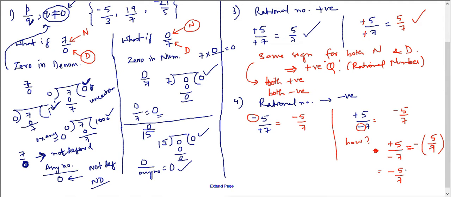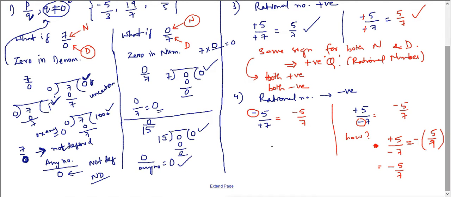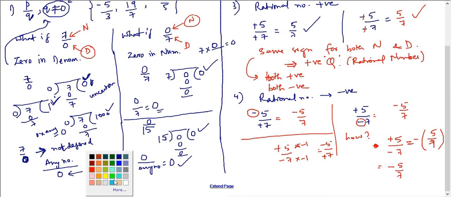So that's actually another rule. In rational numbers, you never keep the negative symbol in the denominator. You throw it on the numerator, because the other one will be positive. There is another way of telling this. Plus 5 by minus 7, if I multiply both numerator and denominator by minus 1, I can write it as minus 5 by plus 7. This is another way of writing, but I prefer this one. Then let's see one more rule.